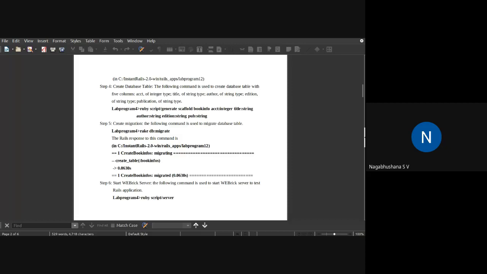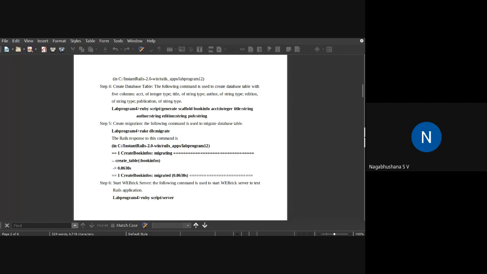Okay, now to do this, we use ruby script/generate scaffold. This is a command used to create a table and connect to a database. So you are not connecting the tables to a database by just writing this command. Automatically a table will get connected to a backend database.